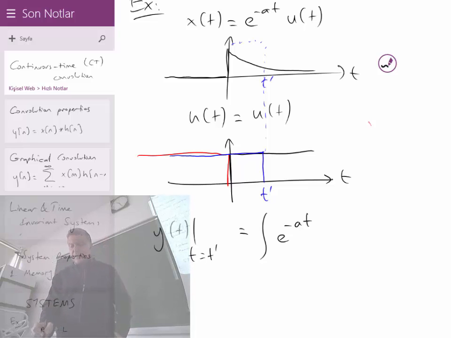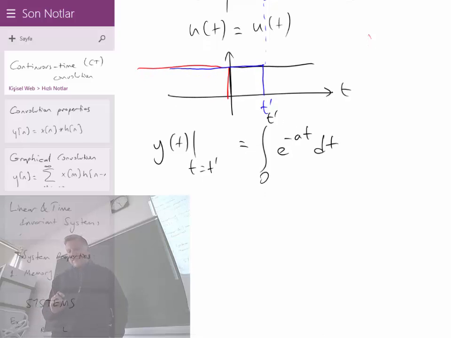But because the magnitude of the lower figure was 1, it was a unit step. If it is something else, then you must multiply, of course. Time-wise, multiply the values. The multiplication of two functions may be something different. But this magnitude is 1, and the 1 multiplying e to the minus a t will give you e to the minus a t. From where to where? From 0 to t prime, dt. Or it may be a better idea to put tau, e to the minus a tau d tau. That would be more reasonable. But nevertheless, this is it.